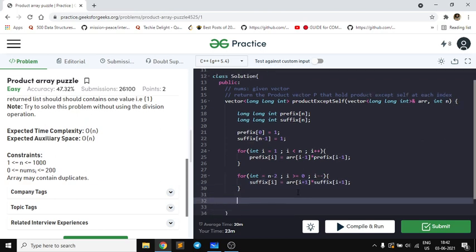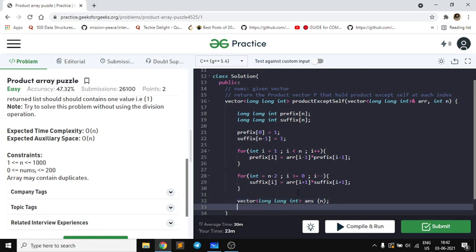Now once we have created all the suffix and prefix arrays, I will have to create my final answer array, and it will be of size n. If I'm taking the vector, because I have to return a vector, in a vector you initialize the size by normal opening and closing brackets, but in arrays you create it by square brackets. I hope you are aware of that.